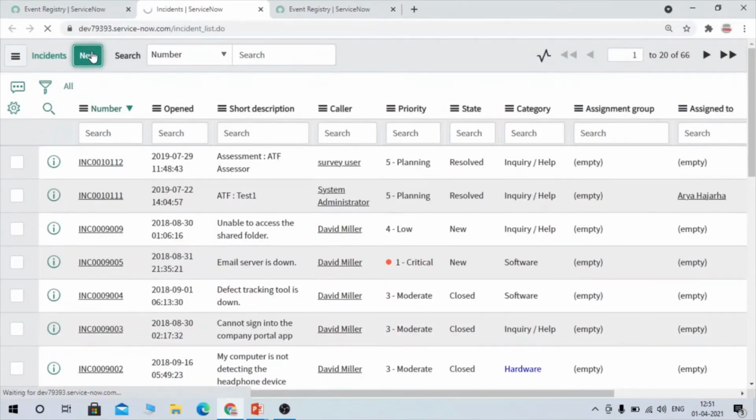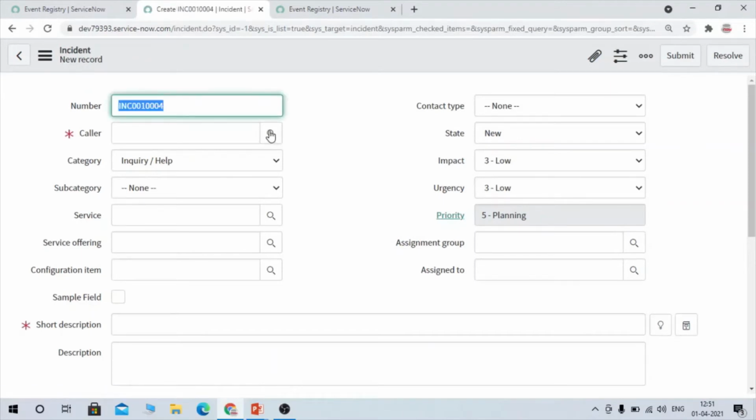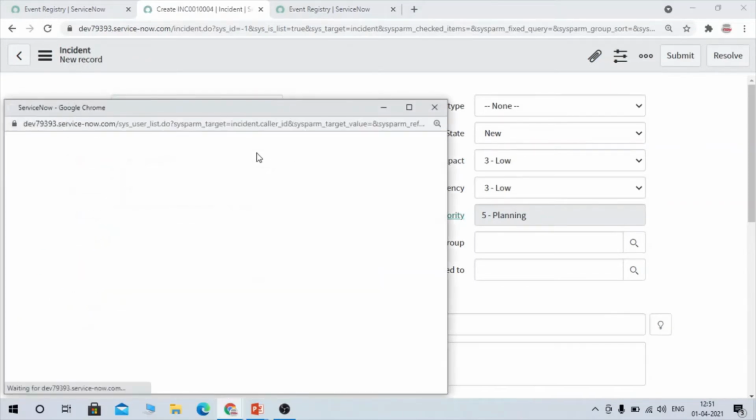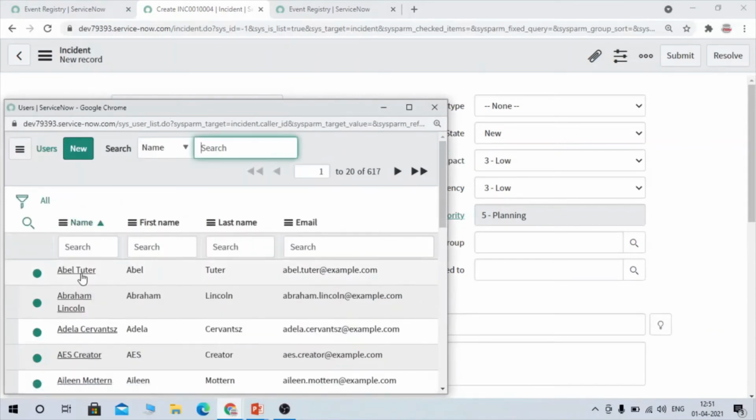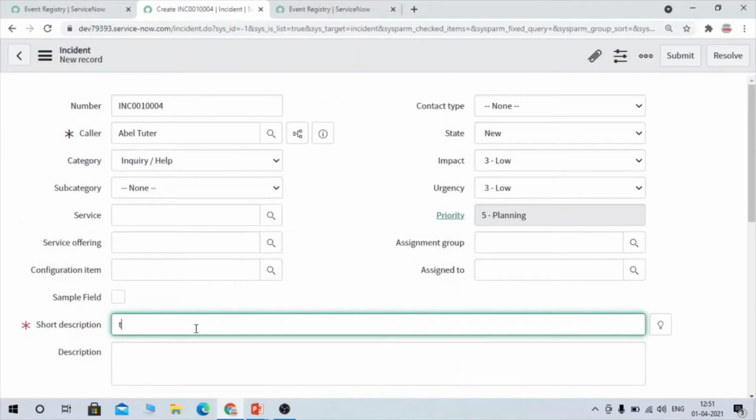So let's create a new incident. Here, as caller I am selecting the tutor. This is the mandatory field, so I'm providing test demo.